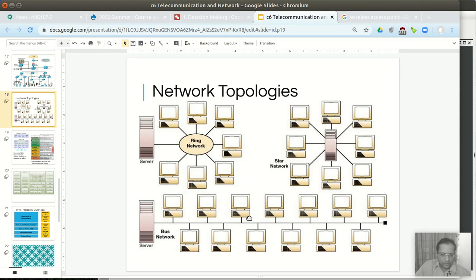So cost in terms of setting up a new network, a new device within the network, is not too high. Adding a new device is not high. Compared to this, it is much higher. So this one is low. This one costs less. This one is higher, because if you want a new device, you have to create a communication line all the way to this central server.